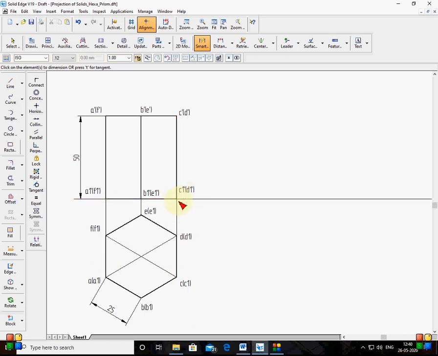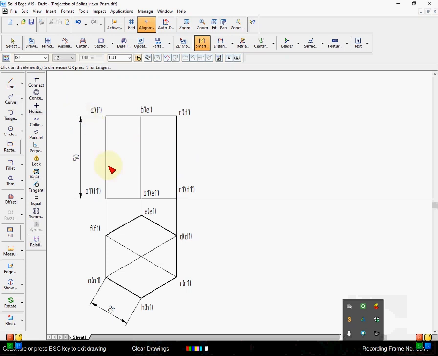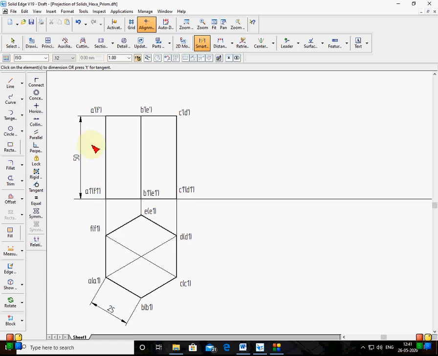Now C1 D1 is the edge which is resting. If I tilt this solid in this way clockwise, you can see the clockwise movement here. If I tilt in this way, this is the resting corner. So CD is the resting corner. Resting on C1 D1, the solid comes in this way and tilts here. Okay, so that I have to do for the second position. Now when I tilt in this way, the front view of the second position remains the same. So I'll draw here.